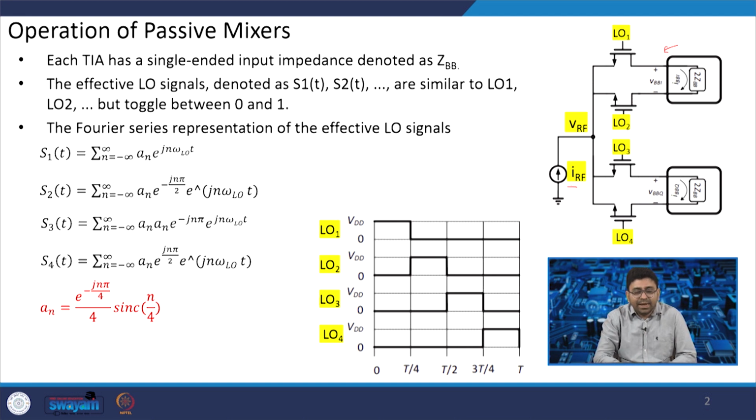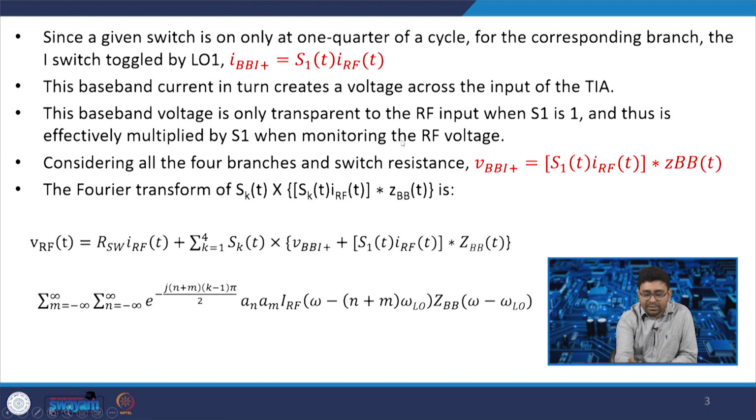Here each TIA has a single ended input impedance denoted by ZBB, and for the effective LO signal, we have already discussed multiple times that by making multi-phase non overlapping clocks, we are trying to mimic a sinusoidal wave instead of a square wave LO signal. So, if the effective LO signals are denoted by S1(t), S2(t) for LO1, LO2, LO3 respectively, and they toggle between 0 and 1, and if we represent the Fourier series of the effective LO signals, we can write